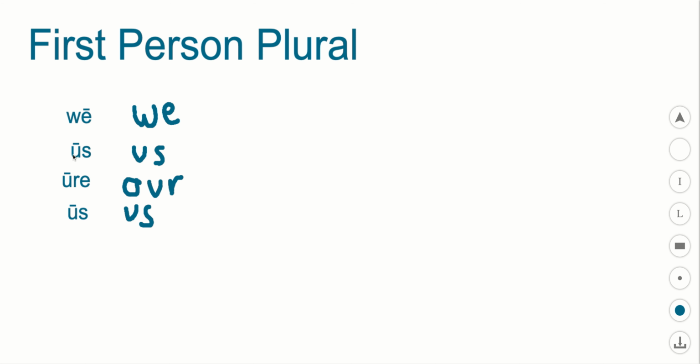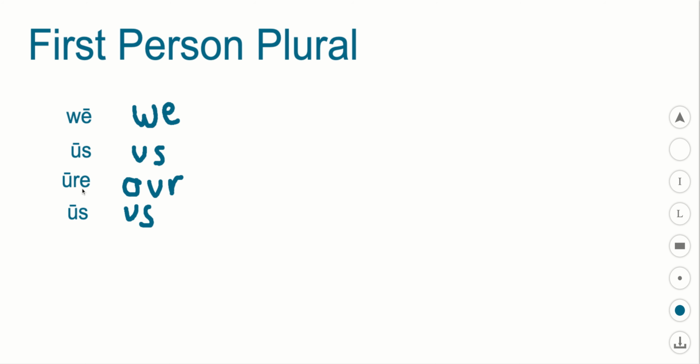So notice again here, in both Old English and Modern English, this is always going to be the case, but we have the accusative being the same as the dative for this personal pronoun. If you watch the video on the first person singular pronouns, I'll have an explanation on how you can tell different sorts of English translations between these two in terms of how you should translate from Old English, and also the semantic difference between them. However, you will see the same form, ūs and ūs, in both.